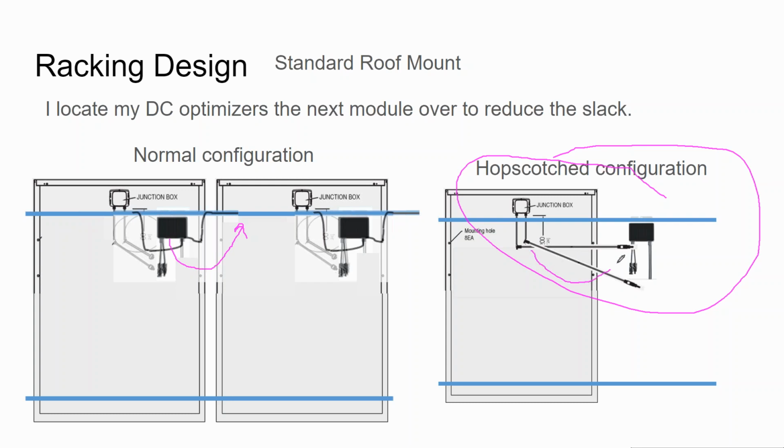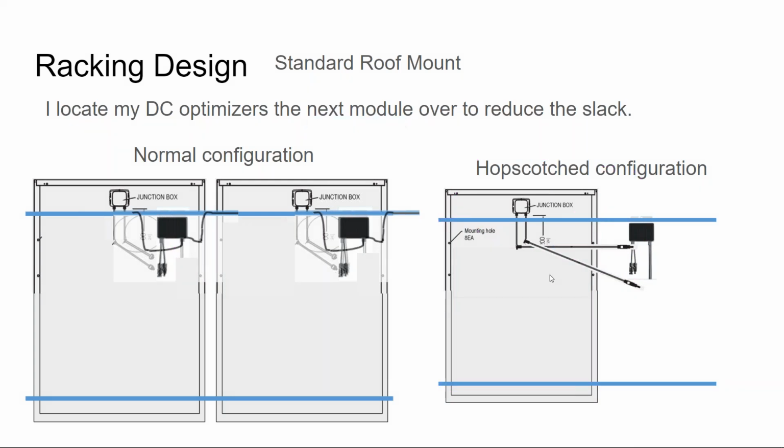You just put your optimizer right next to it, and then you mount the module completely, secure your clips to the rack, and then reach underneath and plug it in, but you're not juggling the module and the optimizer at the same time. You can mount the module, get it nice and square, plug it in, and then proceed with the next solar module, doing it all along the rail.